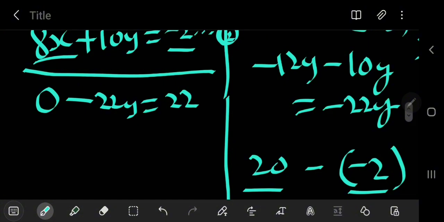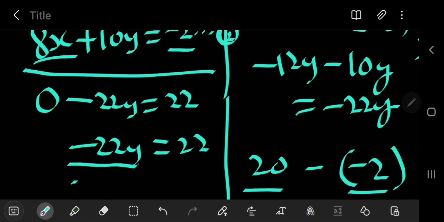And 0 minus 22y will give us minus 22y equals 22. At this point, we have to divide both sides by the coefficient of y, which is what? Minus 22. So simply doing that, we have